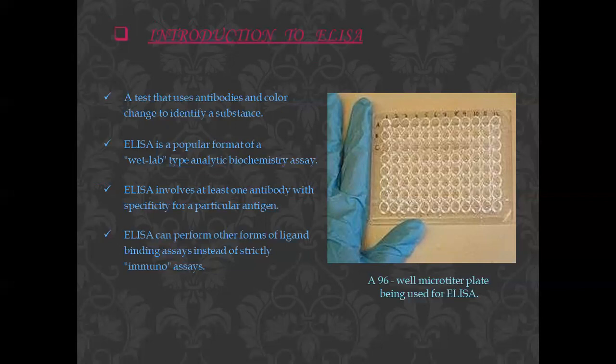They can use it because it comes with 96 well microtiter plates being used for ELISA, which help to identify the different combinations. For example, the numbers will be present 1, 2, 3, 4, 5, 6 till 12. At the same time, you can identify A, B, C, D, E, F, G, H. So with A, B, C, D you can use one antibody and identify antigen reactions of 12. So 12 types of antigens you can identify with one antibody or one type of immunoassay, or instead of some other activity, if you want to find out binding assays, that also you can find out.